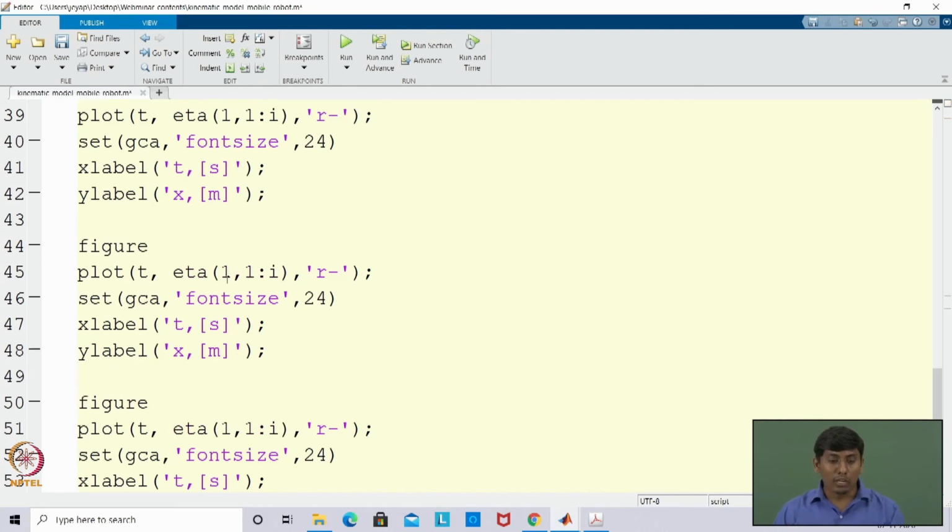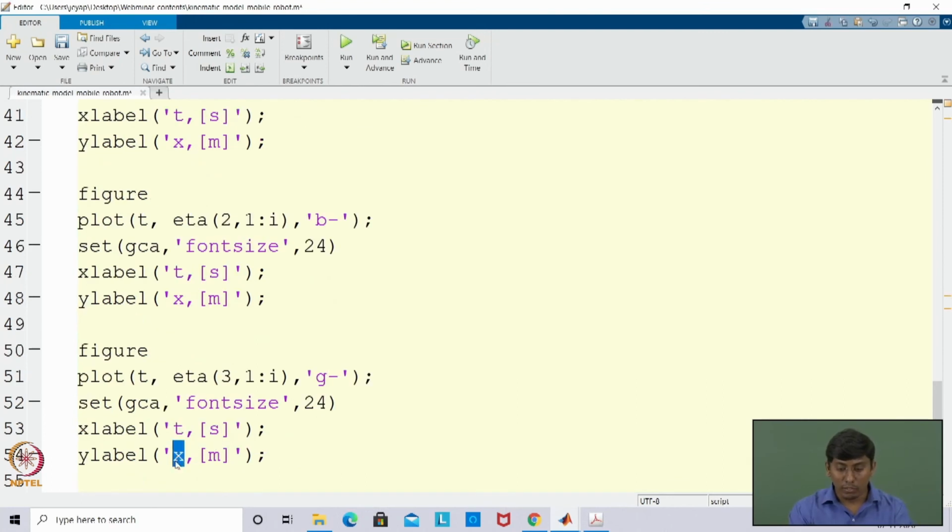But if you have issues, several lecture videos are available on MATLAB, and that too for engineering cases. We will see a little more detail in the MATLAB code here itself. Right now I am taking this as blue color and this as green color, and this is psi, in radians, and this would be y.